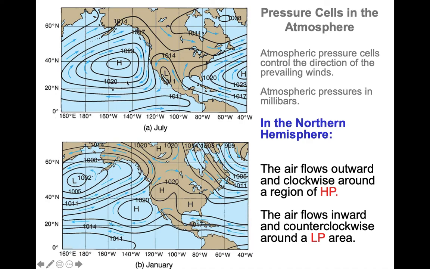So we have most of the time a high pressure system situated in the eastern Pacific Ocean, and we have a low pressure system residing over southwest United States and northern Mexico